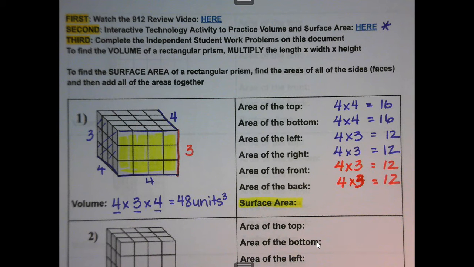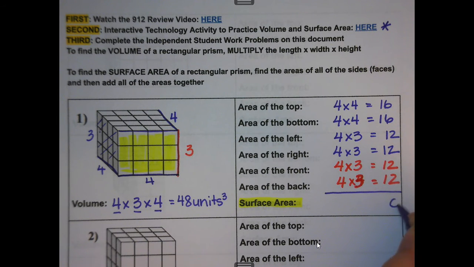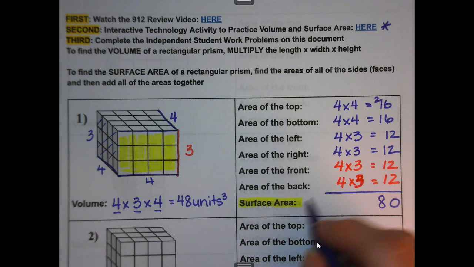So our last job is to go ahead and add these up. And I can start at the bottom. 2 plus 2 is 4. 4 plus 2 is 6. 6 plus 2 is 8. 8 plus 6 is 14. 14 plus 6 is 20. So I'm going to write down a 0, carry my 2, 2, 3, 4, 5, 6, 7, 8. So I've got 80, and I can say that my surface area is 80 units